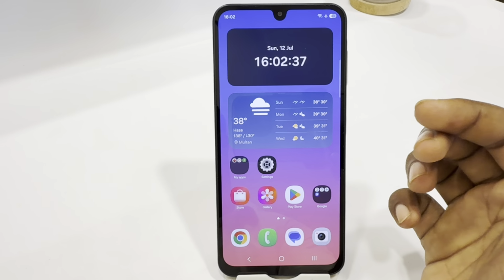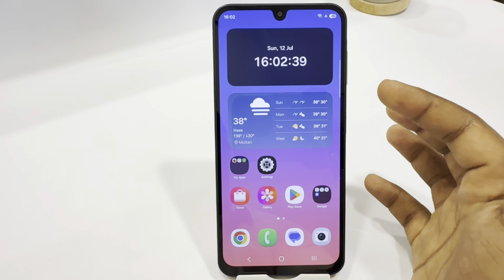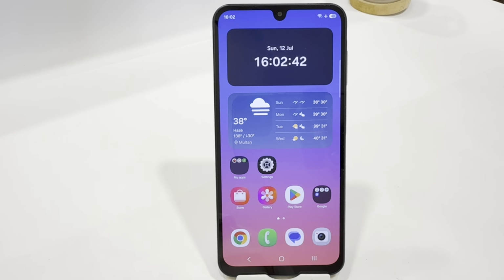So in this way, you can easily set your clock widget if your clock widget is not showing or is missing from your home screen and your